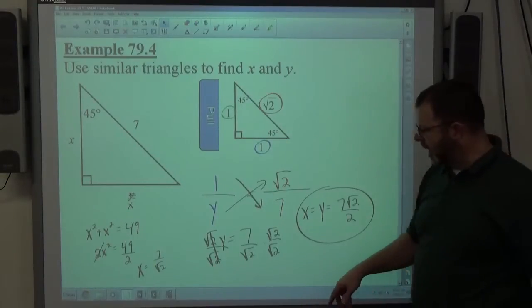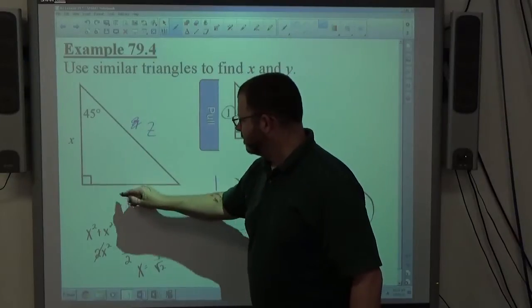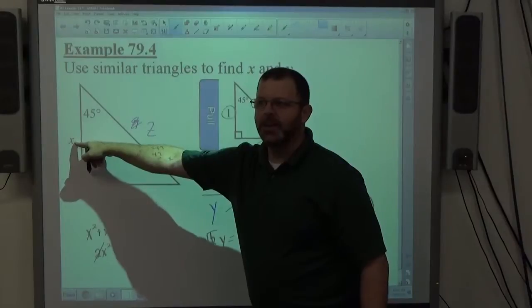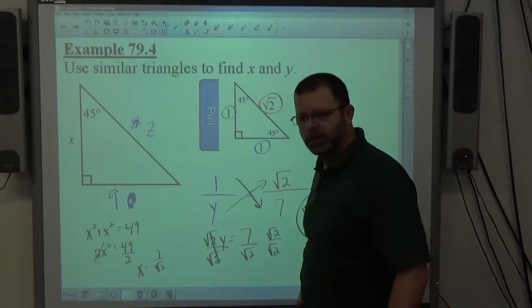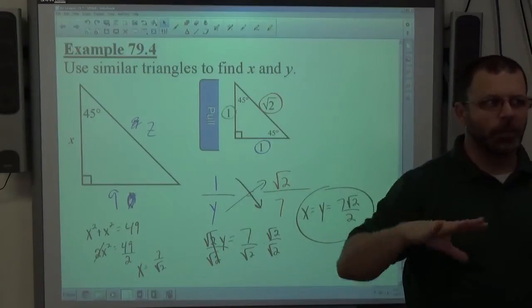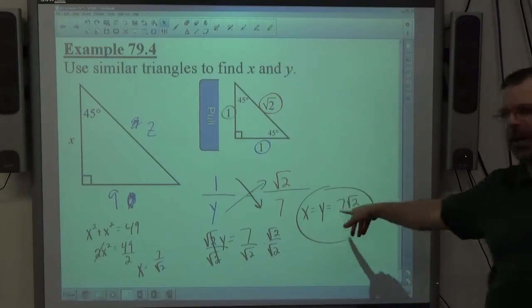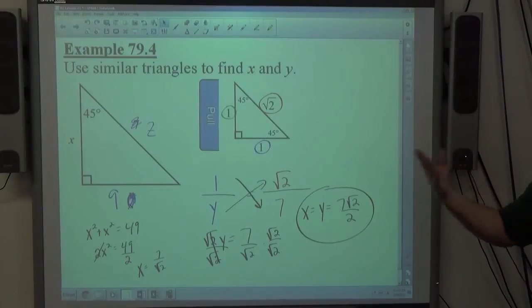The other thing they do sometimes on these problems is they'll give you this, but not that or that. If that's 9, this is also 9, and then just do the proportion, and you'll get the answer. So x and y are equal to each other, but the hypotenuse is not. So keep that in mind. Whatever they give you as a side, it's not always going to be the same answer. If they don't give you the legs, they'll be the same answer. But they don't give you a leg and a hypotenuse, then